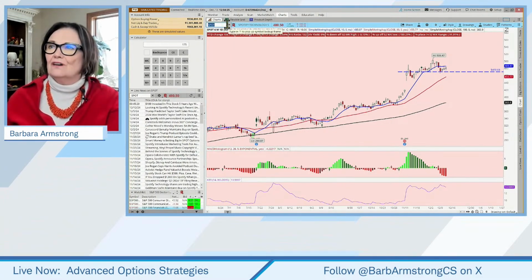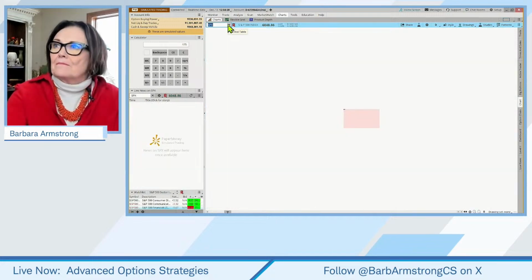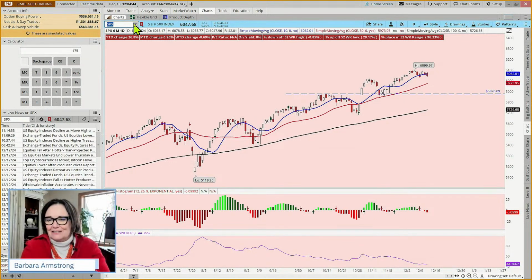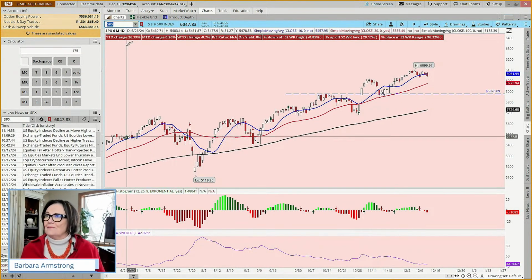But when we look at the S&P 500, it hit a new all-time high within the last week. And like I said in my earlier class, because somebody had brought up one of my favorite quarterbacks who now is with the Jacksonville Jaguars, you don't have to be a professional football player to be able to throw a ball and hit the all-time high from here. Okay, so that's our S&P 500, up almost 27% year to date.